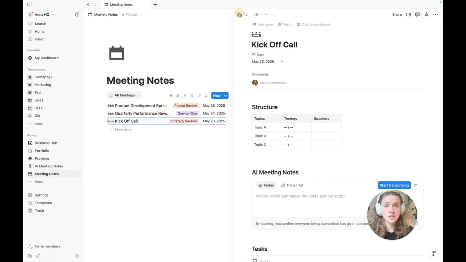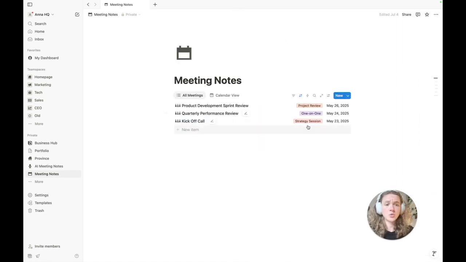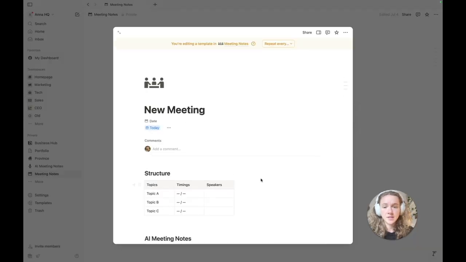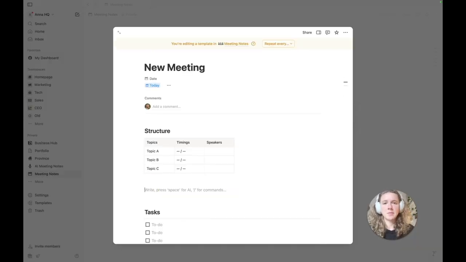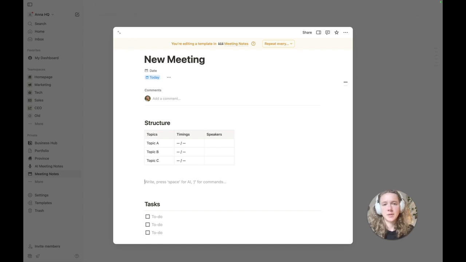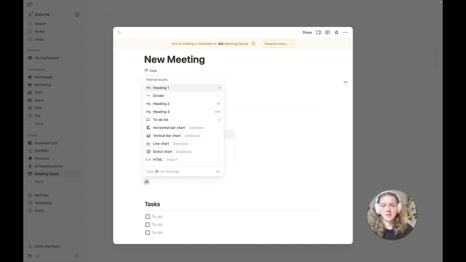In order to do this, it's very simple. We just need to go inside our database, click the arrow in here to see what internal templates we have for this specific database, click the one that we're using, and edit it. Then in here we can add these AI meeting blocks, so it's already waiting for us every time we have a new meeting. So we just need to maybe write a quick title,